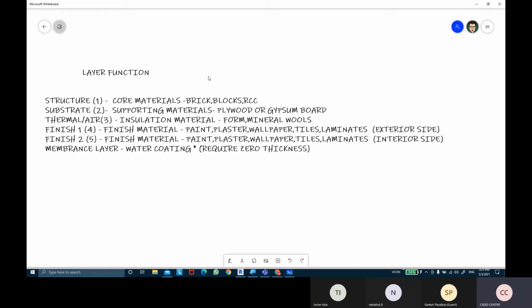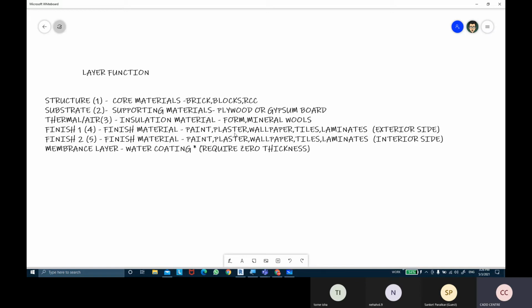If you are creating finishing materials for the exterior side, it would be finish 1, and for the interior side, it would be finish 2. And if you're creating a water coating layer, the functionality of the layer would be membranes layer. But when you're creating a membranes layer, make sure it requires 0 thickness. So there should be no thickness to that layer.